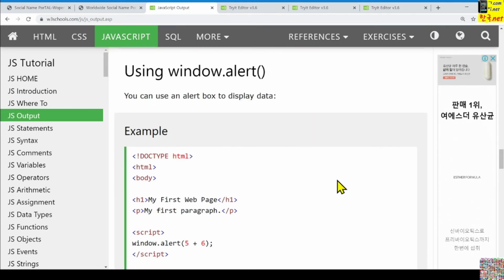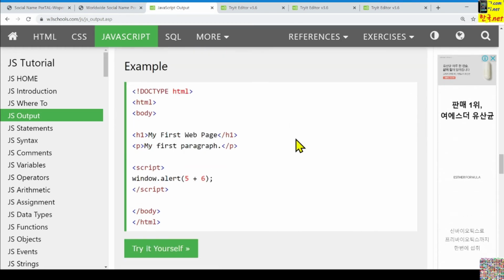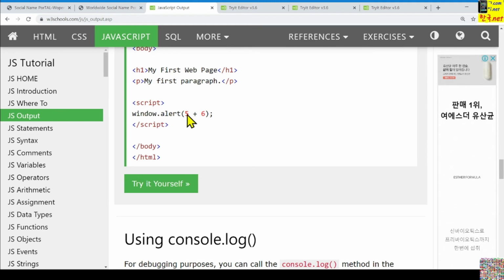Okay, another one to show the result on the screen. As we learned already, window.alert. This alert method belongs to the window object, and if that is the window object, then we can omit this one. Here, window.alert.